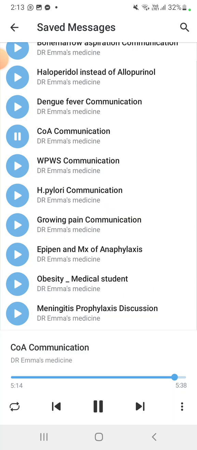So this is all about the recall communication, coarctation of aorta or aortic stenosis. It comes as a teenager who fainted and had sudden chest pain, and another as a neonate referred to the tertiary hospital. We tell the agenda at the beginning: that I am transferring him to the tertiary hospital. This is all about these communications.